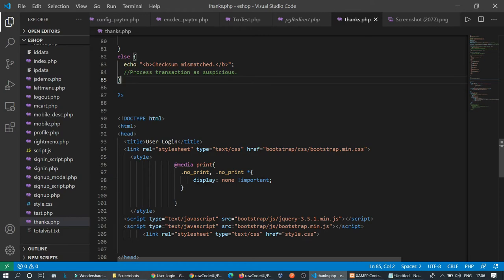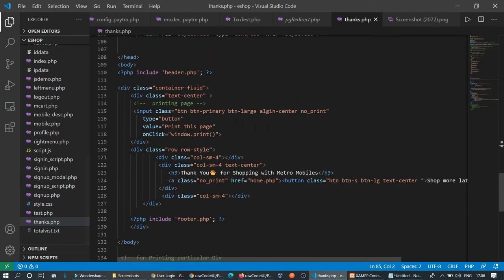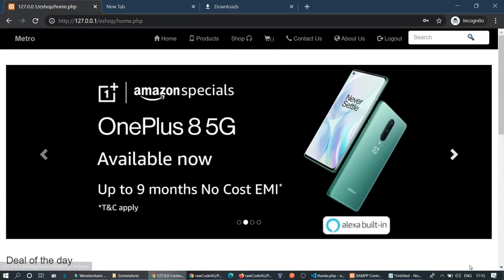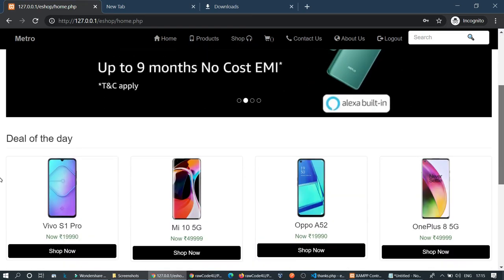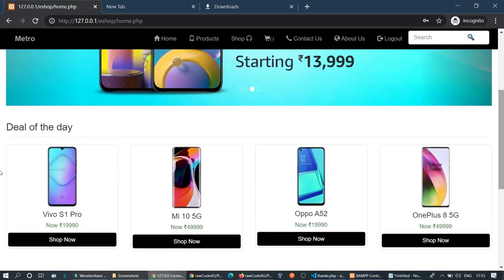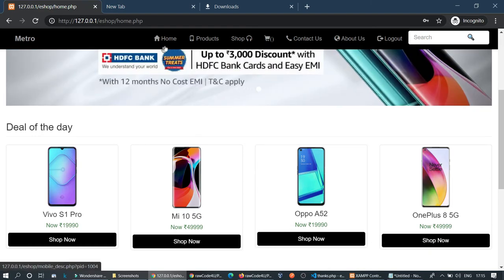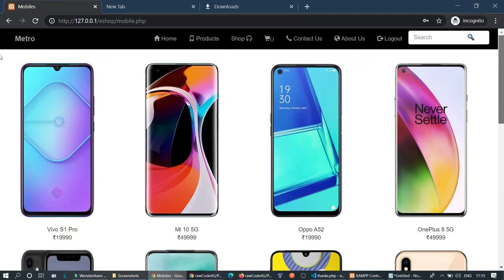Okay, but on printing you see that there are also print buttons on the page, but we don't want them. That's why we use a media query to not print the divs or buttons we don't want, and add the class no-print with display none to that class. We added it to the print button and other buttons like the shop more button with class no-print. That's why they are not printed in the invoice page. And at the bottom you see there is also an option for printing an individual section. Just pass your ID and print, it is also commented out.